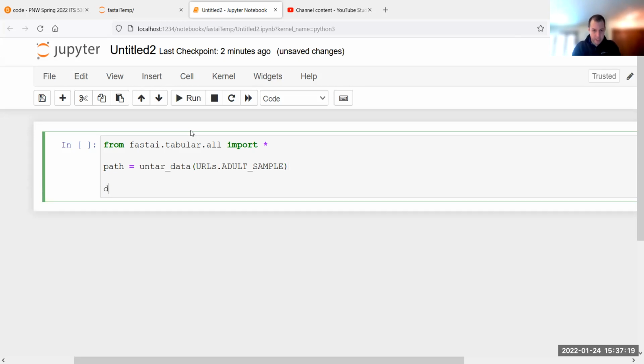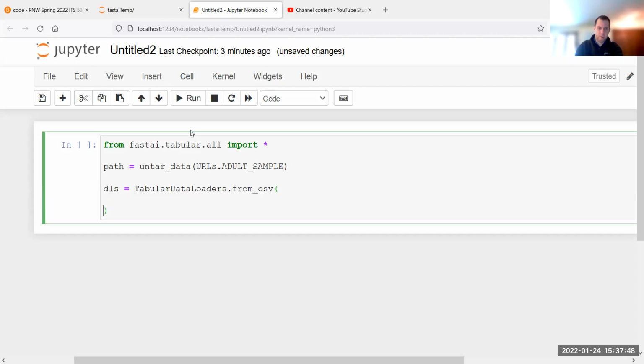Now the DLS, remember, that's just a data set with all the transforms. So in this case, I'm going to call yet another one called tabular data loader. These data loaders are more and more popular with everything nowadays. So certainly makes sense. And then we're going to say from CSV. Here we have to specify a lot of parameters for this one, because it's CSV data.